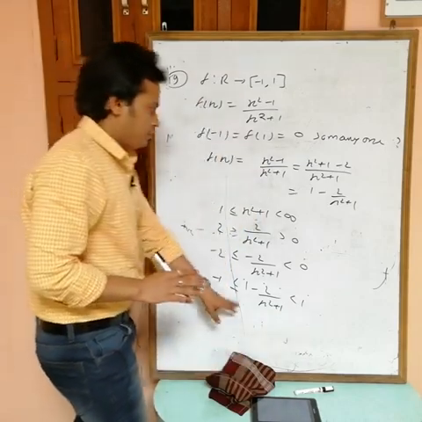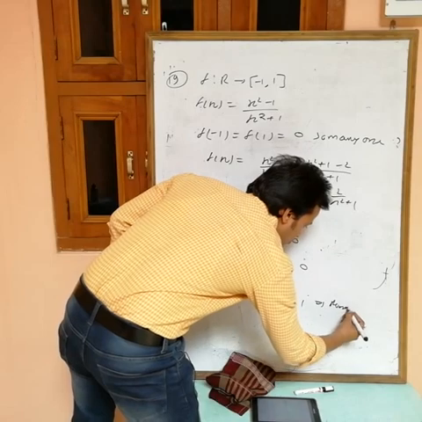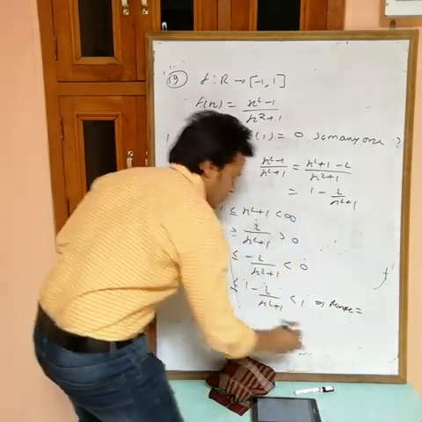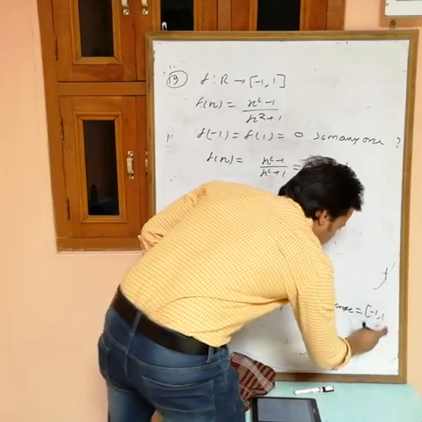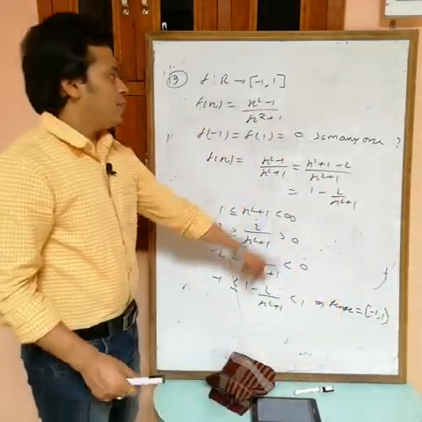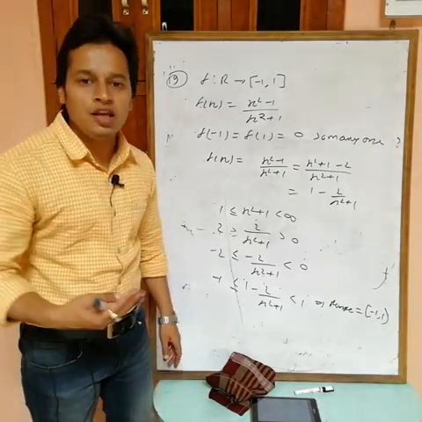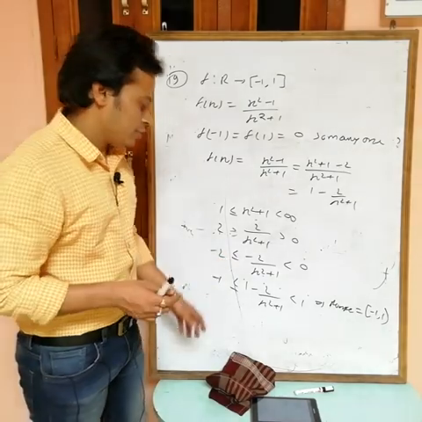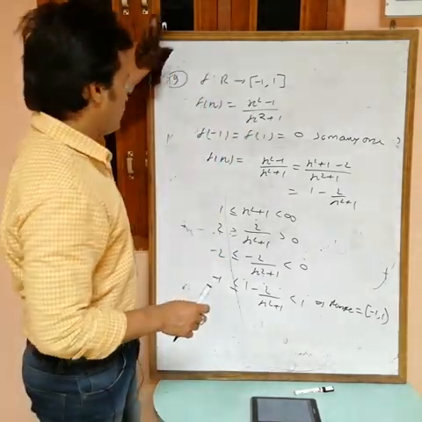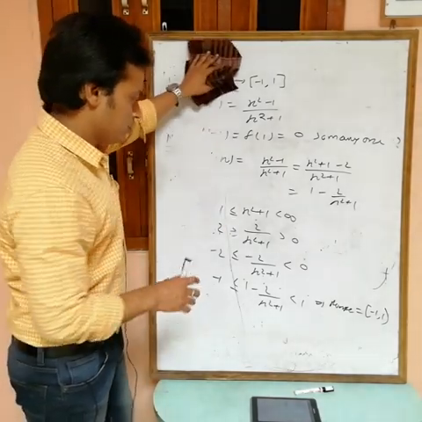Now see, this is the same as f x. So the range is equal to minus 1 to 1, but 1 is not included, while in the codomain 1 is included. So if there is any y for which there is no x, then this is into. Okay? So this is into.